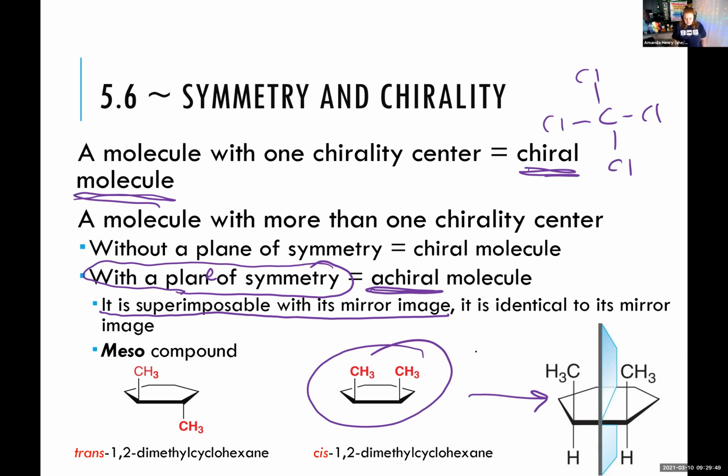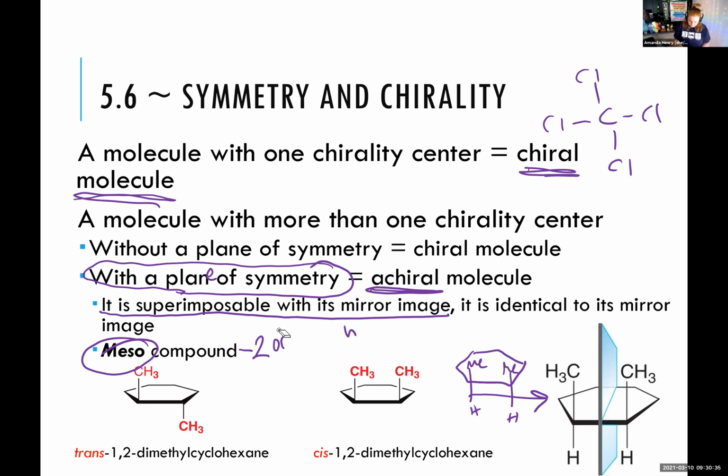So if we draw the mirror image of this molecule, it looks exactly like the original molecule. So it is superimposable with its mirror image. So it doesn't fit the definition of chiral because it is the same as its mirror image. So it gets a special label, it gets a special name. It gets the label of meso. A meso compound is a compound that has chiral centers, but is not a chiral molecule. So in order for it to be meso, it has to have 2 or more